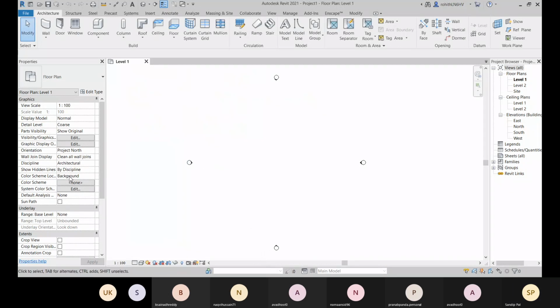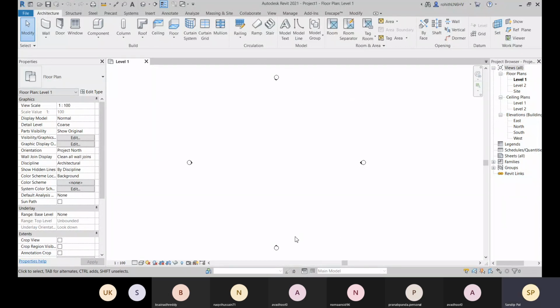All right, so here you see this is your drawing area. You already know which is called the status bar, and we have the view bar, you can say. We will be controlling our views with these options like view scale, visibility, visual style, detail, views, sun settings, shadows, highlighting or hiding any objects.